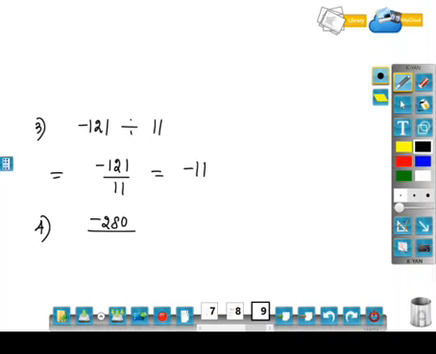Fourth, minus 280 divided by minus 40. So very good. All of you are giving the correct answers, except a few. They are getting confused between zeros. So they are putting one more zero. Please correct it. So minus 280 divided by minus 40. Obviously, minus minus will get cancelled. It will become plus. The zeros can cancel, and 28 divided by 4 is 7. So most of you got the correct answer.